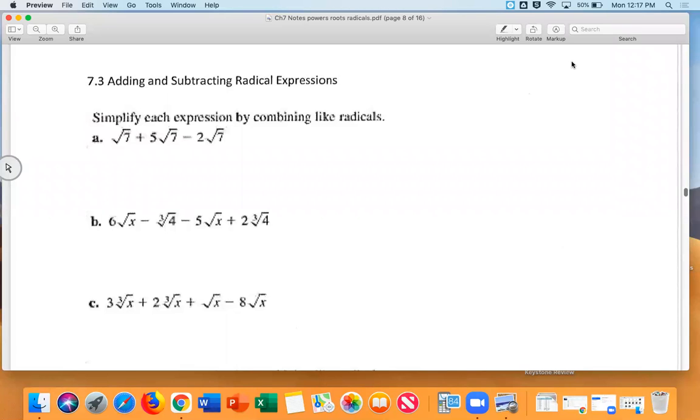All right, 7.3, adding and subtracting radical expressions. Now, the way I do adding and subtracting radical expressions is,